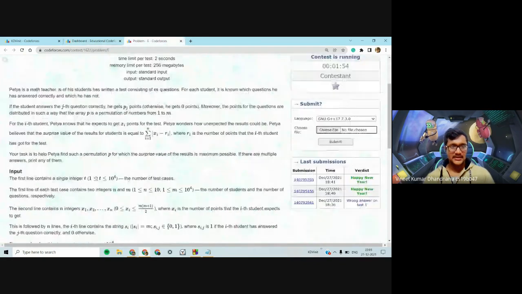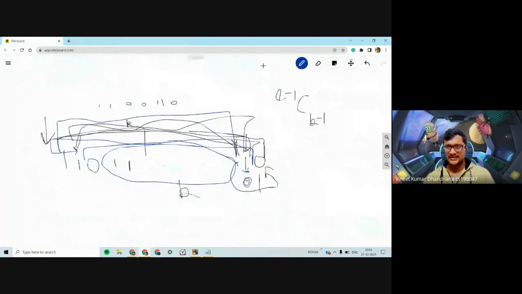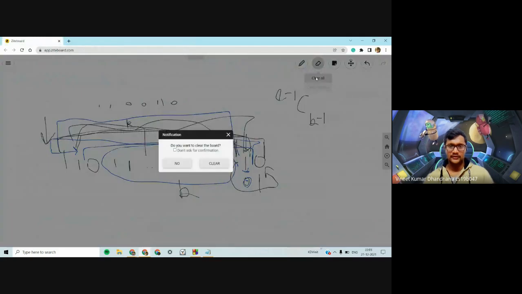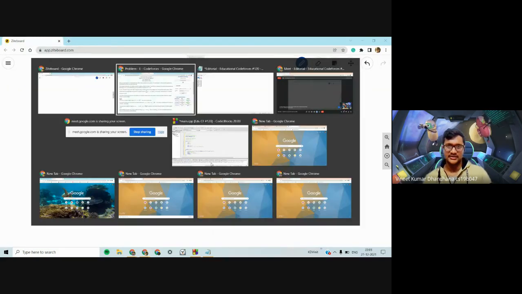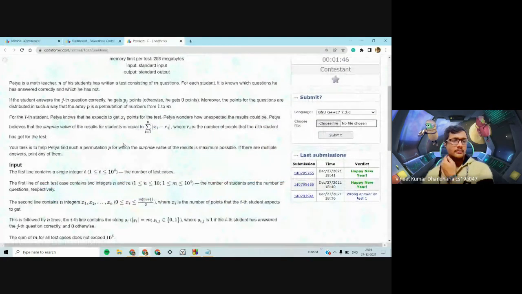So, math test. This was an easy problem, and it would have a short explanation as well. So Petya is a math teacher. She has n students, and he has given them m questions. For each student, it is known which question he has answered correctly and which he has not.